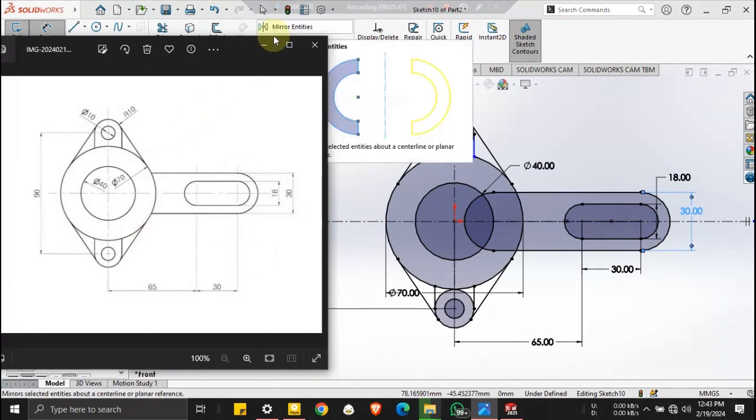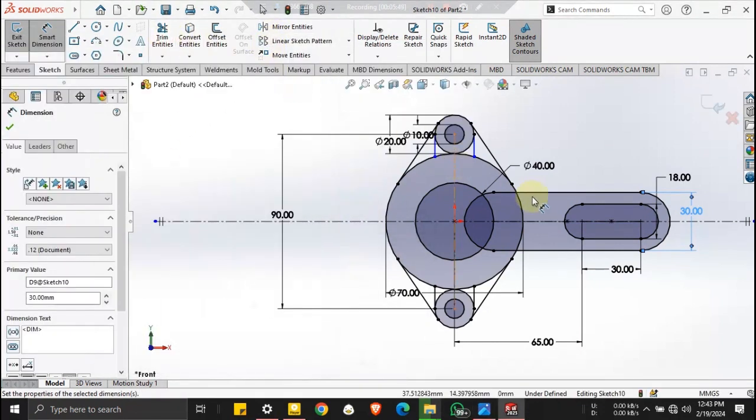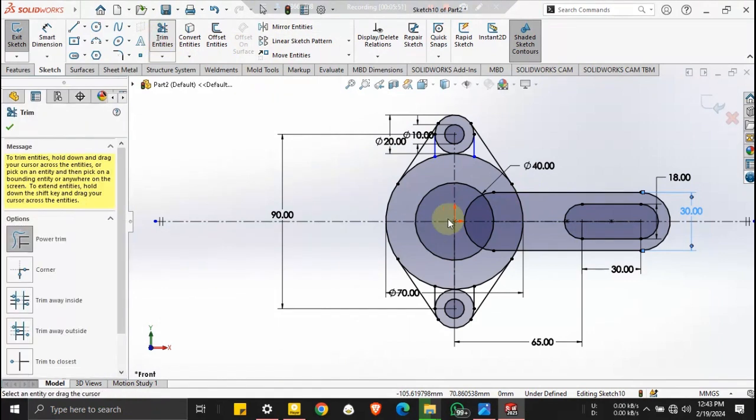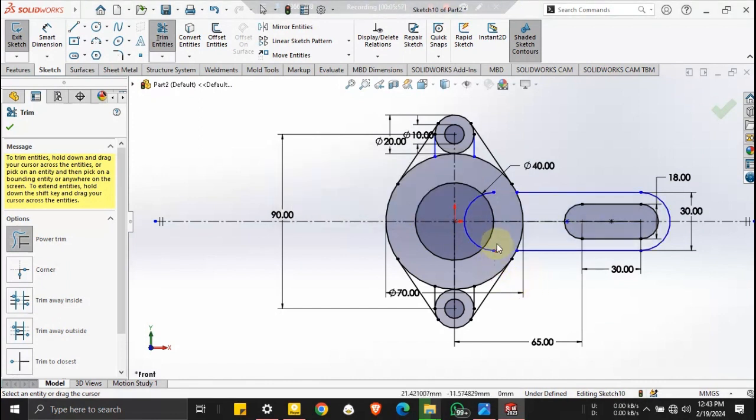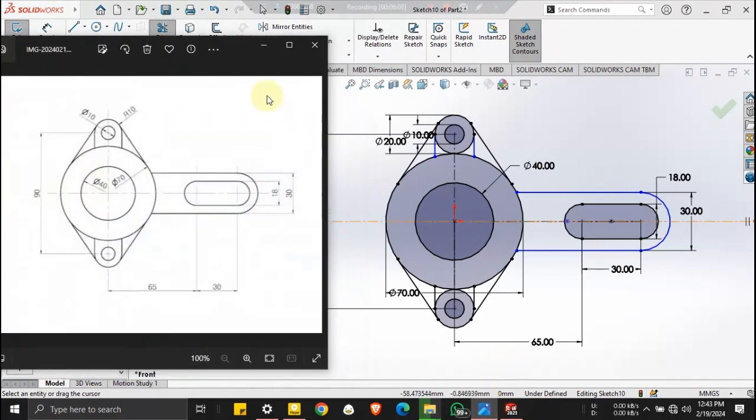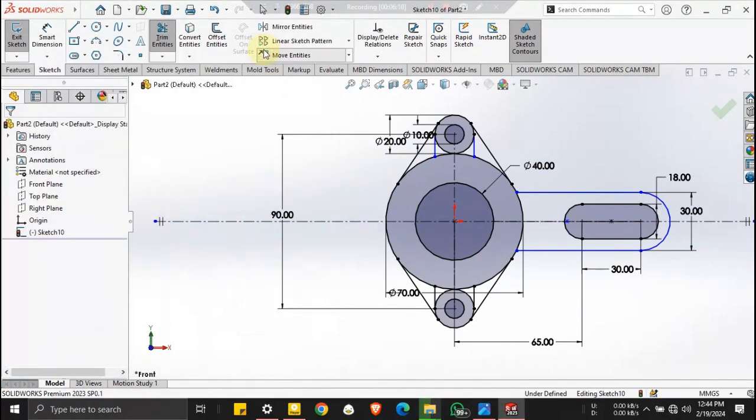And then we'll trim the edges. So select your trim tool. Just destroy it. Trim this. Trim this. This also. And the last two will be these two. So after trimming, you can just make